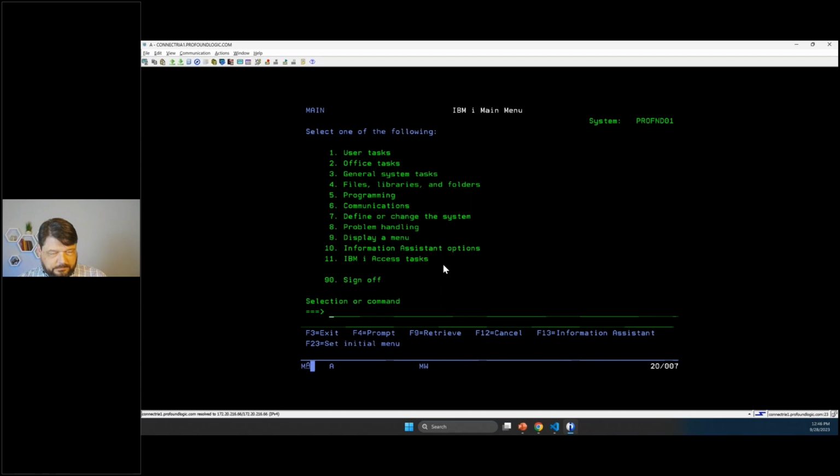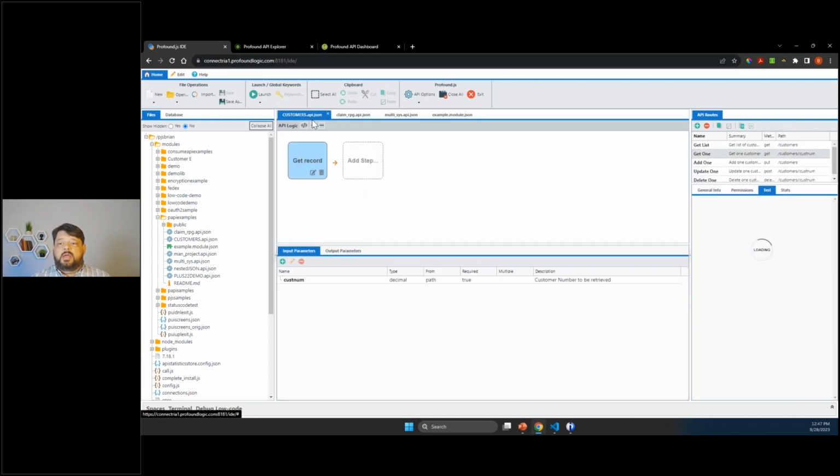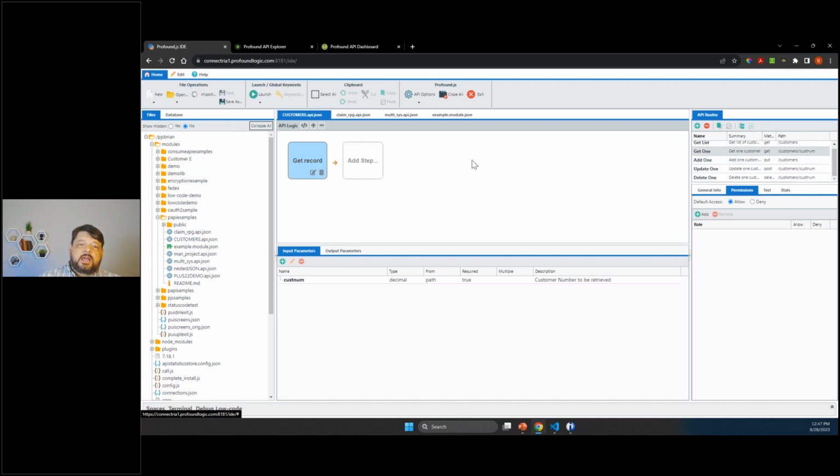So that gives us a quick rundown of creating APIs, consuming APIs, consuming external databases, kind of all the functionality that we have as far as the development side of it is concerned. So let's talk about some of the other features that are extremely important here. I mentioned that we have authentication and authorization built in. You see here we have a permissions tab where we can set default access, and we can add roles to allow and deny to control each of these individual routes. So again, we can get as granular as we'd like.